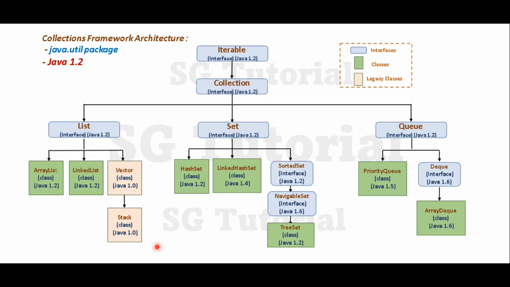These are the implementation classes of the list interface. Note the point that ArrayList, LinkedList and Vector directly implement the list interface, whereas Stack indirectly implements the list interface because it extends the Vector class, and the Vector class already implements the list interface, and therefore Stack automatically gets all the features of the list interface. That's why Stack is called an indirect implementation class of the list interface, and this is a commonly asked interview question,